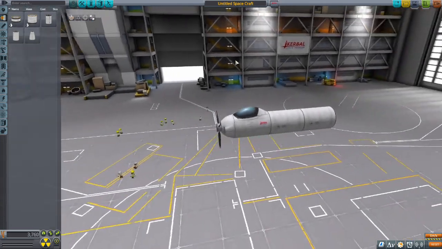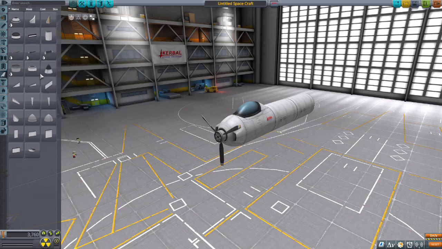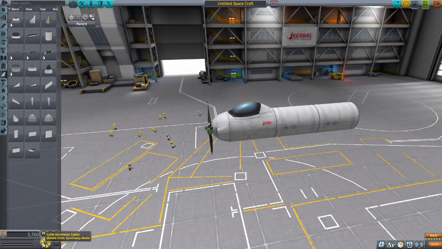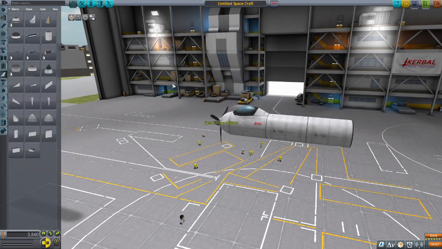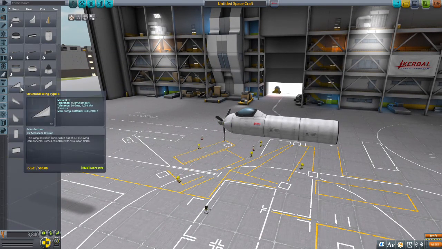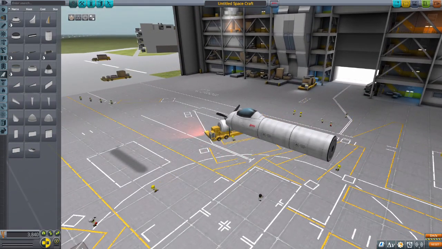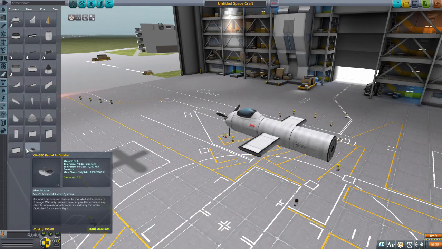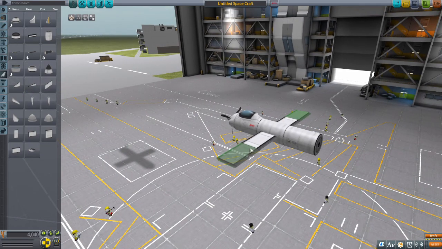Like that. Oh yeah, don't forget to put a very small nose cone on the front here, just to be a little more aerodynamic. Make sure to switch back to symmetry mode for your wings. Go for the, let's see, I think we'll go for the Type E. And make sure to toggle your snap mode to the hexagon one. Just do some nice little wings here,